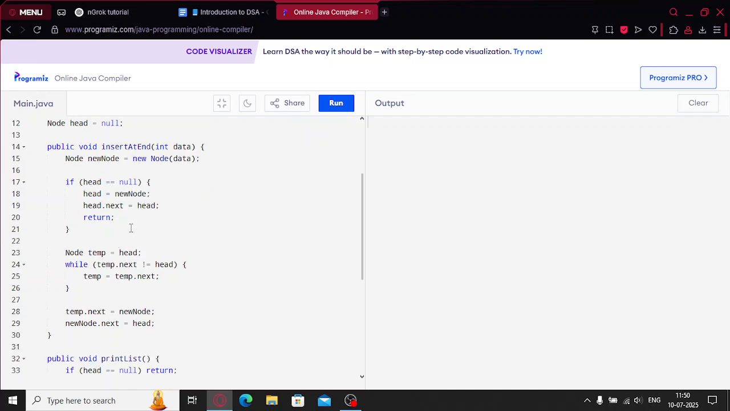And then you have to pay attention. This is what is happening inside our if block. When our head does not exist, that's when we create our head and form a circular loop. And after that,